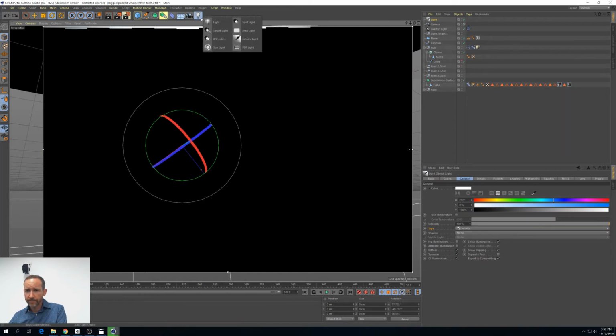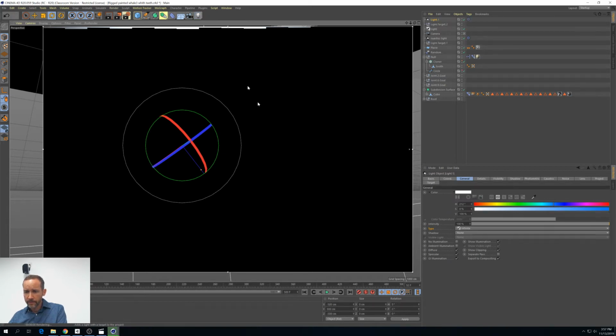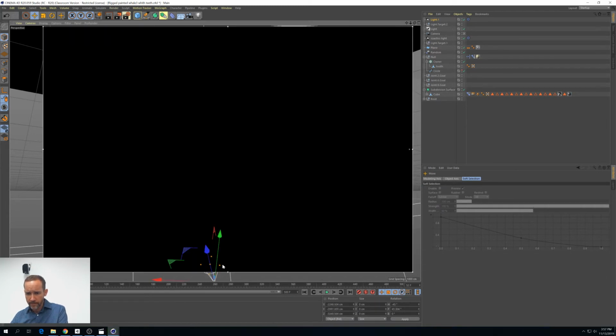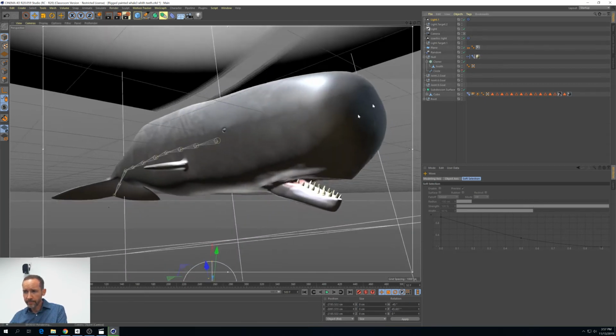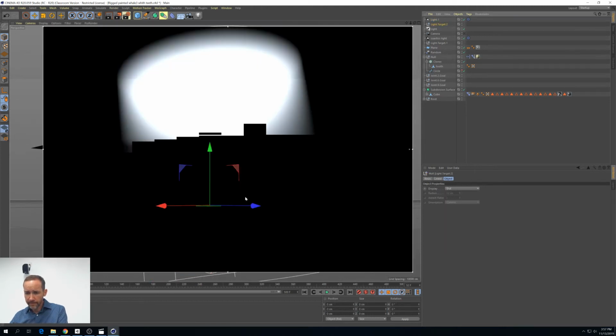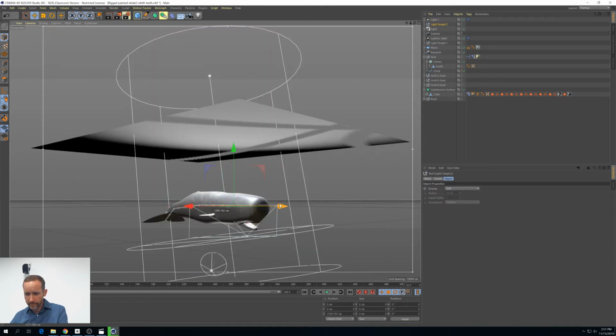And let's go ahead and create another, I'm going to say target spot, for light coming from the bottom. Target light. And let's bring this up. Let's not look through my camera for a second. I'm going to take this light target and